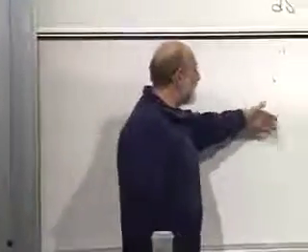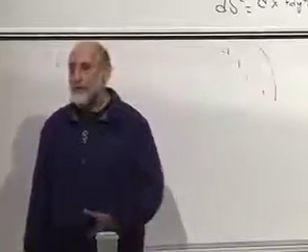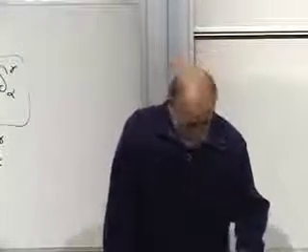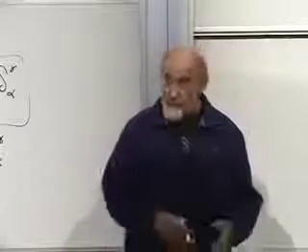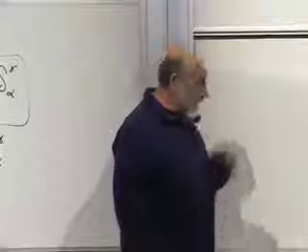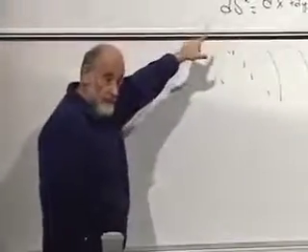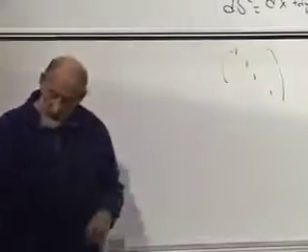In one set of conventions, you would say that the eigenvalues are 3 positives for the 3 directions of space and 1 negative. In the other set of conventions, you would say 1 positive for time and 3 negative for space. The main thing is to be consistent. You can use either, whichever you like, but be consistent. Essentially, all the formulas are the same no matter which way you do it. You just have to remember in the end what you're doing. It'll always come back to the special relativity description. Are you talking about proper time, or are you talking about proper space-like distance? Okay, so with that warning,